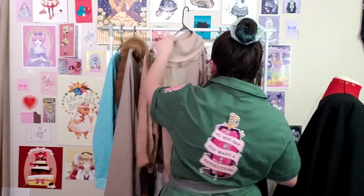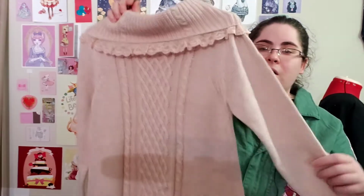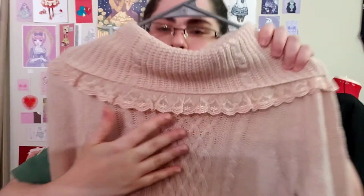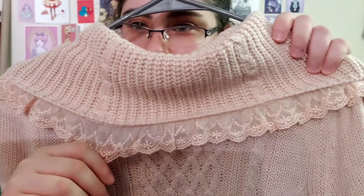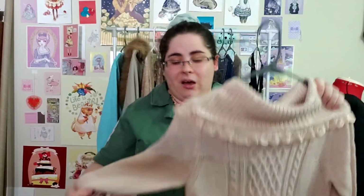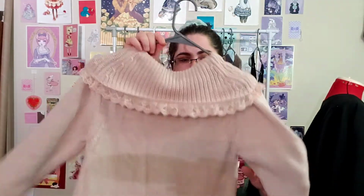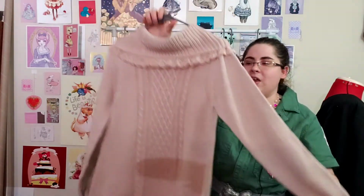Then I've got, again, another Axis Femme. This one is a sweater dress, and this is a pale pink as opposed to a dusty pink. It's got this lovely boat neck collar with this really high quality embroidered mesh lace, and then the cording detail in the front, and it's simple in the back, but it's a beautiful length. It stops just above my knee, and it's gonna be so comfortable to wear once it's regularly fall weather